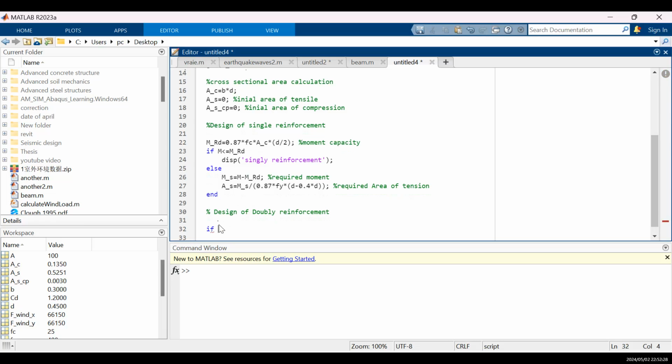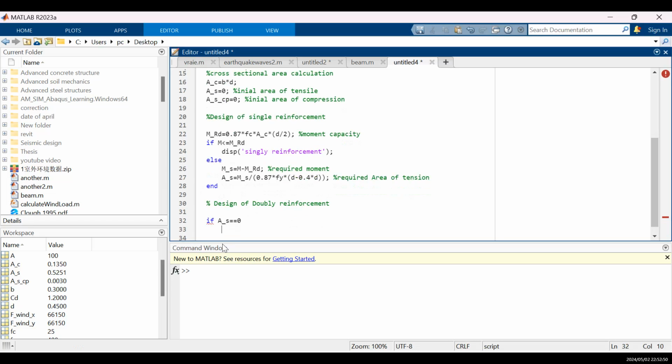So I'm gonna take if our cross-section area equals to 0, it should lead to